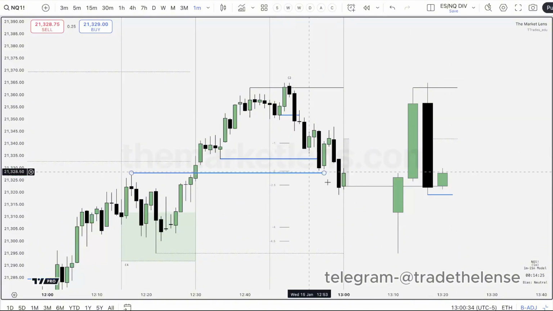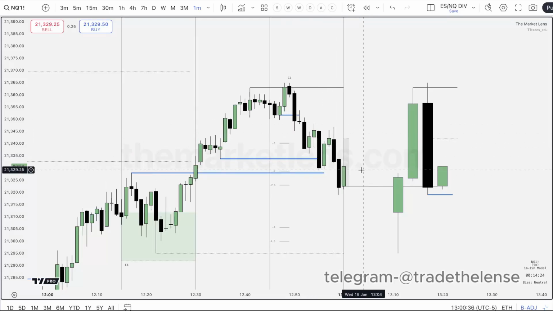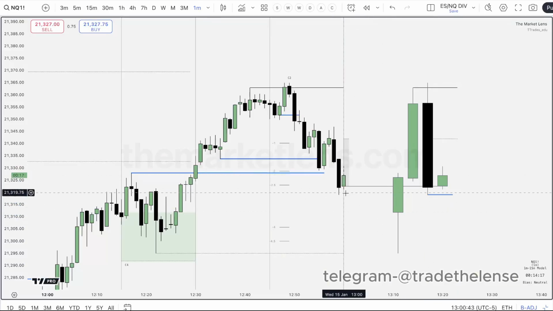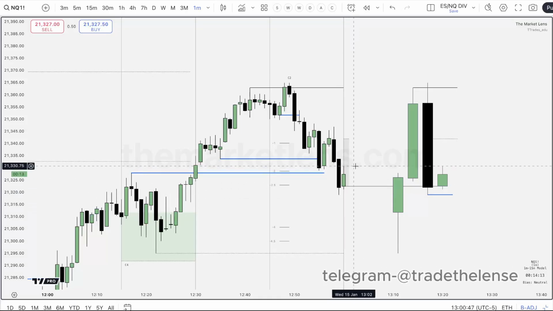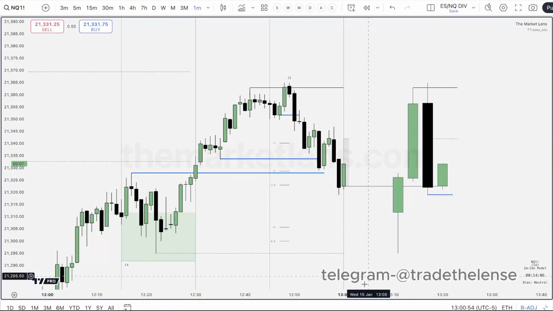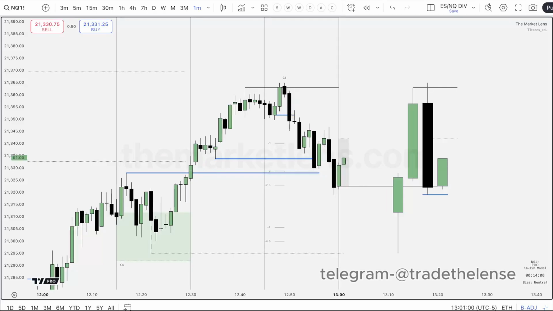I was just more so watching this to try to show you guys some stuff real time, because I think it's beneficial in the learning process, right? But ideally this first, second, third candle trades lower first, and then we can come back in the range, because then that forms this higher time frame wick, and then that's when it can start to frame stuff to the upside. We'll see. But any other questions before we hop off?